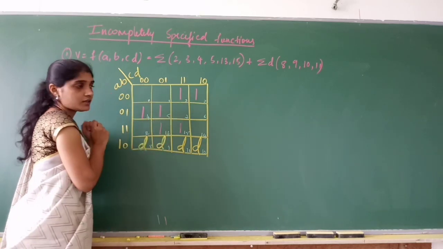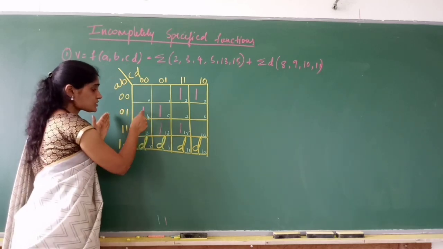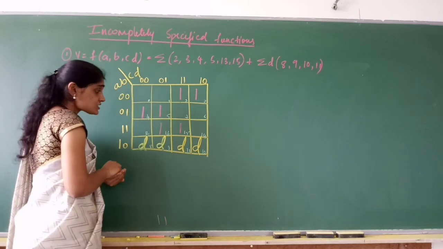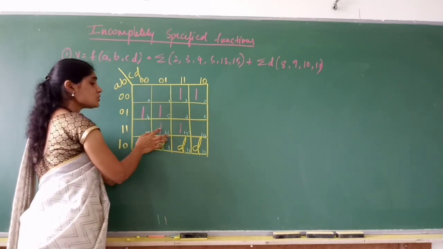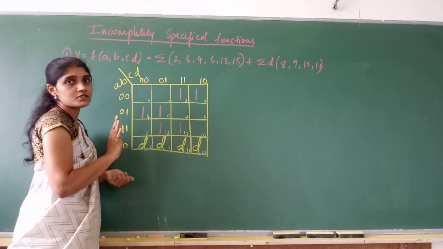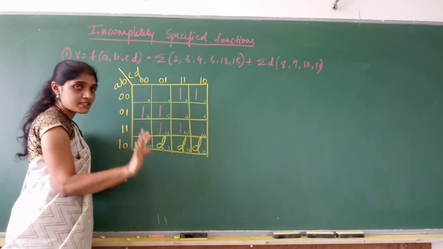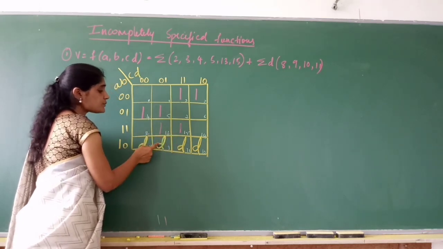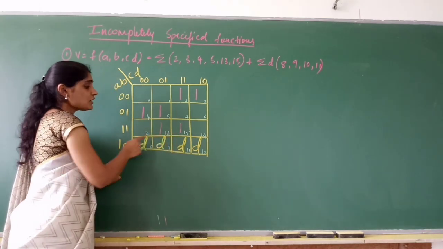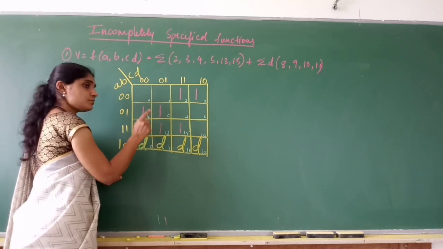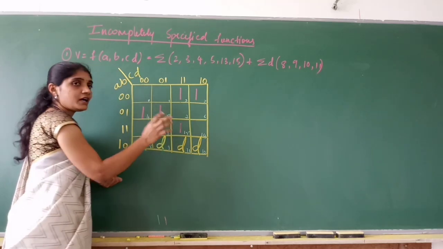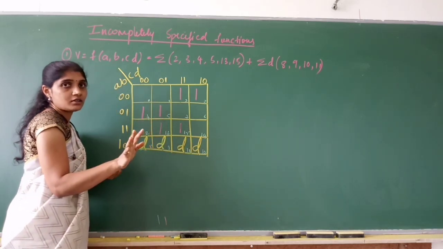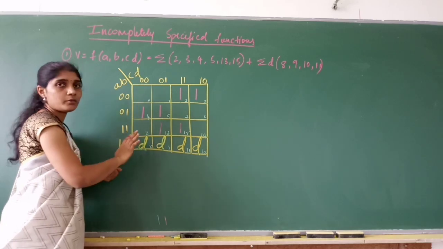So what we have to do is just look at the min terms, the 1s, and try to group them. Whenever you are grouping min terms, you can make use of don't care terms to get the simplified equation. Listen carefully. If don't care terms are adjacent to min terms, you can treat the don't care terms as min terms and combine. But you need not try to cover the don't care terms. Let me explain with this problem.